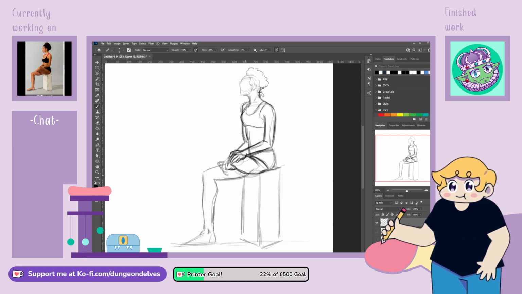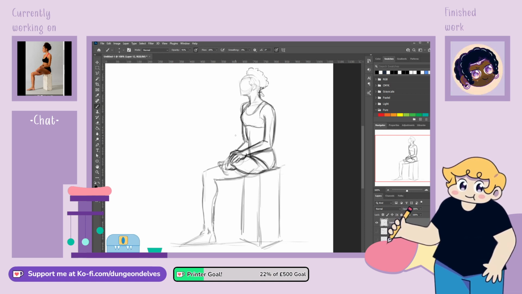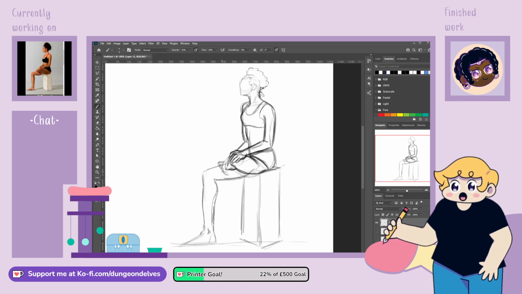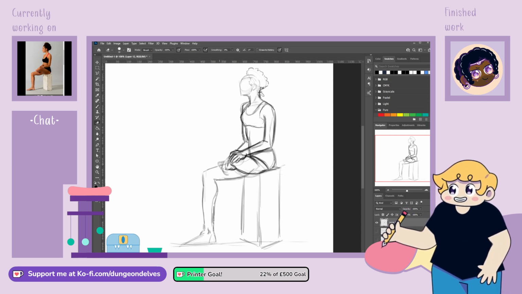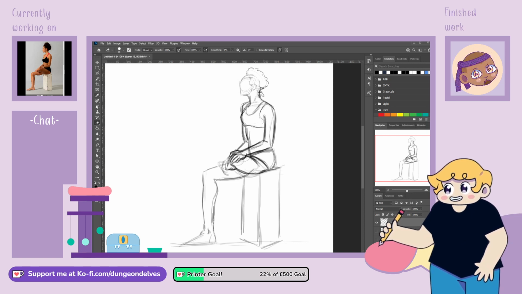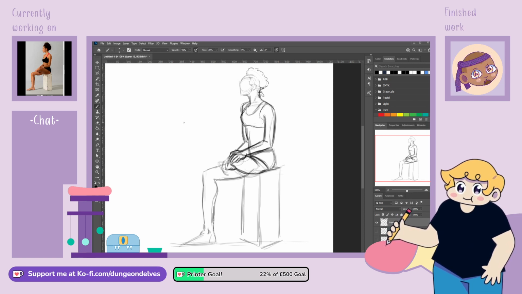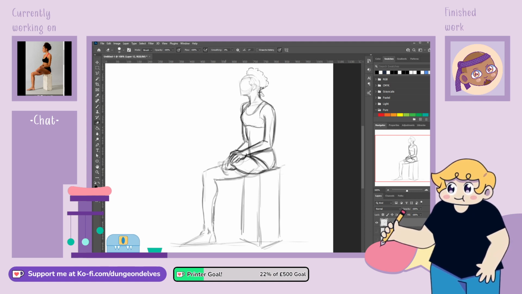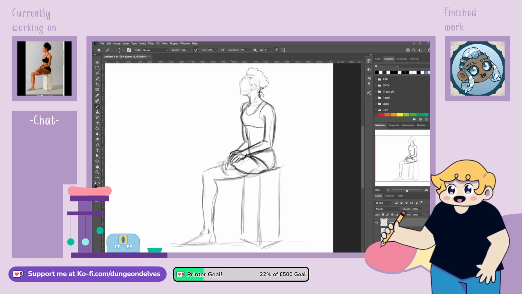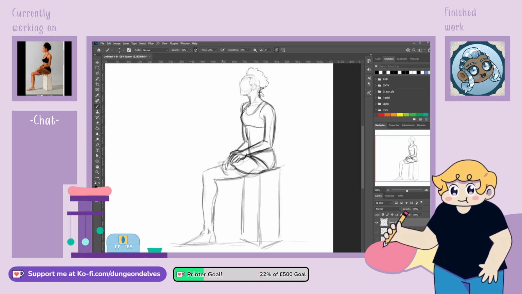And I just need to make sure the foot's over the leg. So do you know what I'm noticing is that my toes are too low down because they're not over the leg. And that's because I drew the leg in second. So that needs to change. And we've got 1.5 minutes to do it, so that's fine.